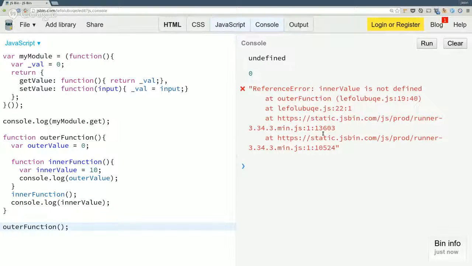So inner value here, because it's inside this function, does not exist outside of this function. But because outer value and inner function share the same box, any variable declared out here lives inside here.